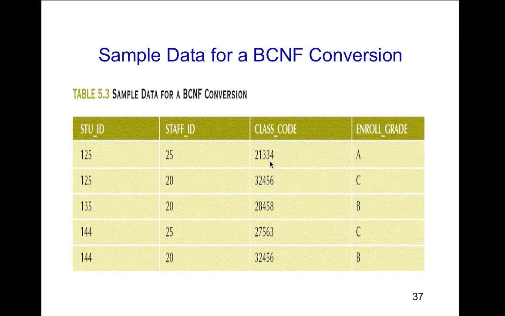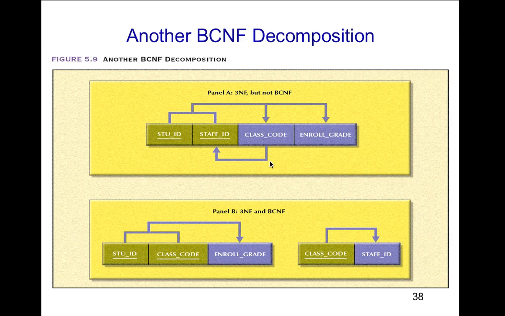But we can arbitrarily put in any class code we want. We can arbitrarily put in any staff ID we want. But that staff ID and the student ID is not really a problem. It's the class code that might be different depending upon how we have it set up. So another BCNF decomposition: if we take this here, student ID, staff ID, class code, and enrollment data is how